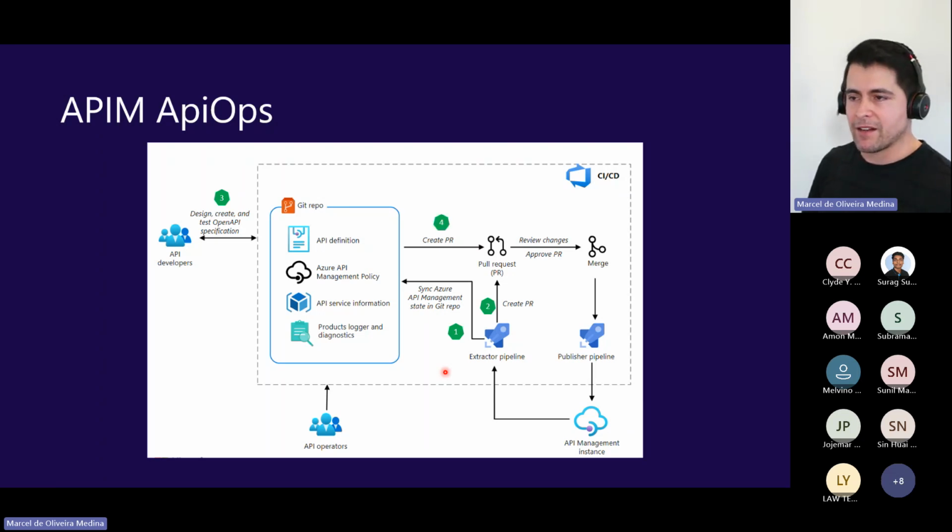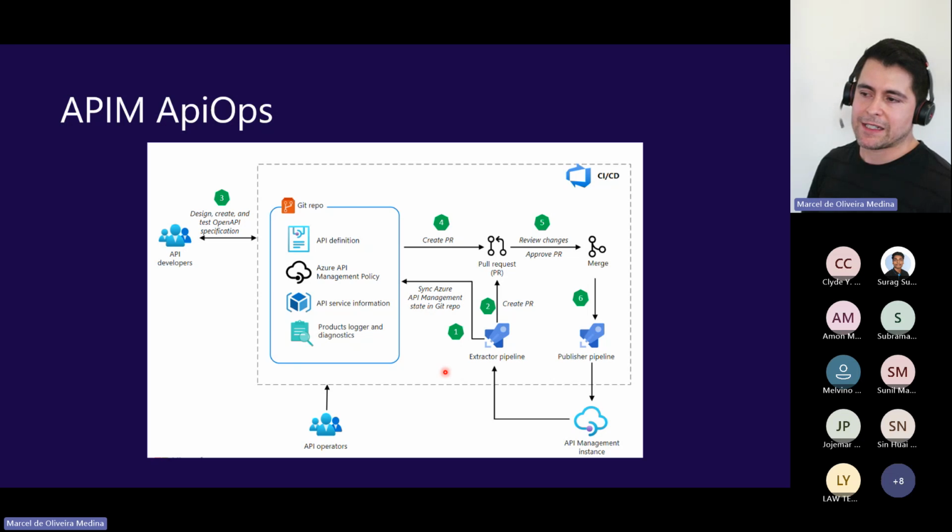So we're going to have API developers creating more PRs, and a technical lead or a more senior developer, or even a team, would be reviewing those PRs and approving them. As soon as they are approved, we have the merge, and the merge should trigger the publishing pipeline automatically, right? That's one of those principles with GitOps.